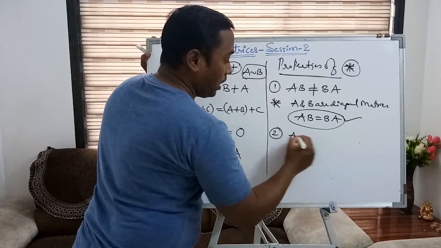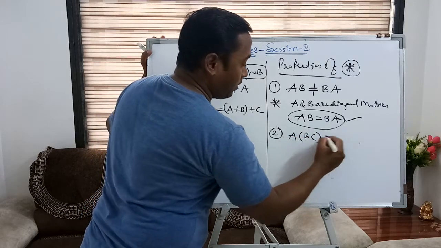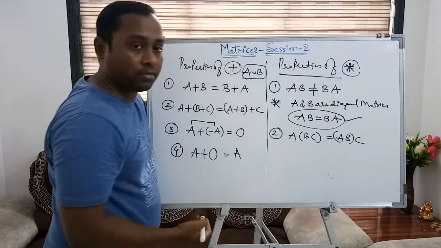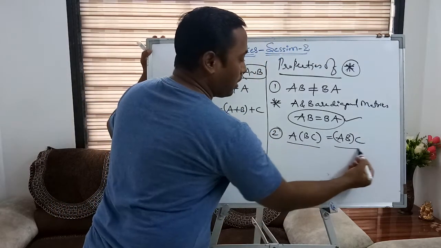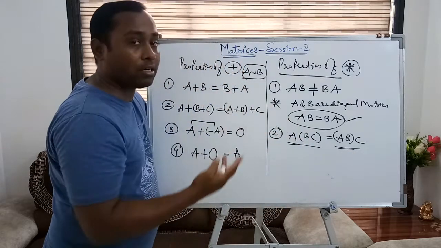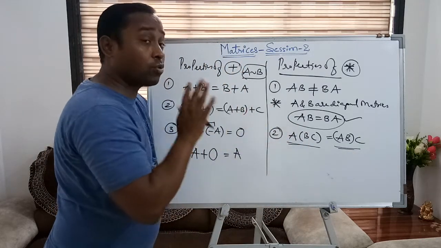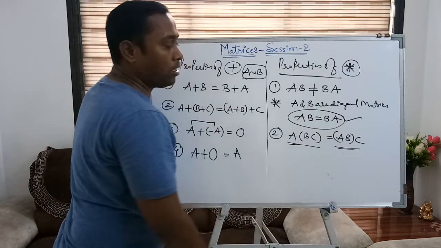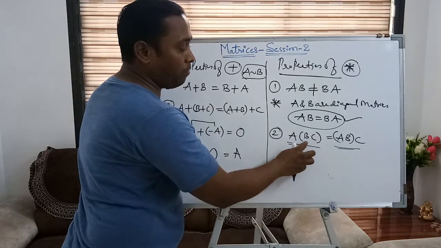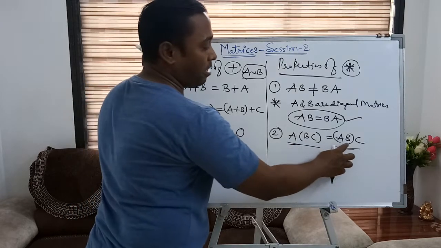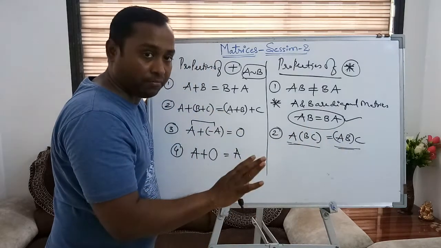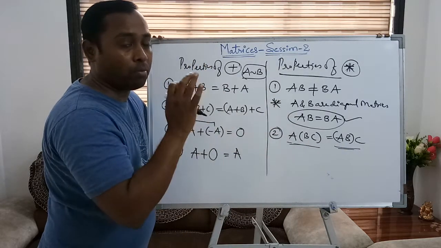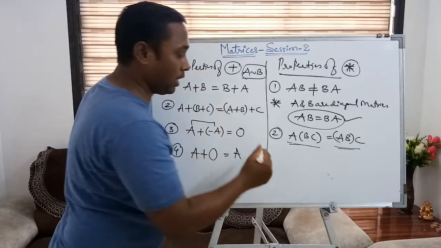Second, product ABC is equal to AB into C. It's always associative. Means while doing the matrix multiplication of 3 matrices, it's always associative. It means here the order is immaterial, whether you are doing the product of BC first then with A or AB first then with C. It doesn't make any difference. But इसका जो प्रोडक्ट है वो डिफाइन होना जरूरी है, जो मल्टीप्लिकेशन रूल फॉलो होना जरूरी है.